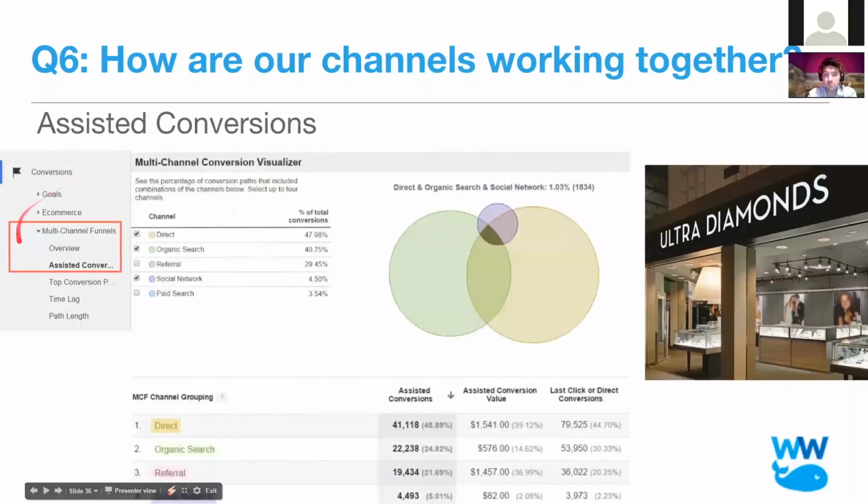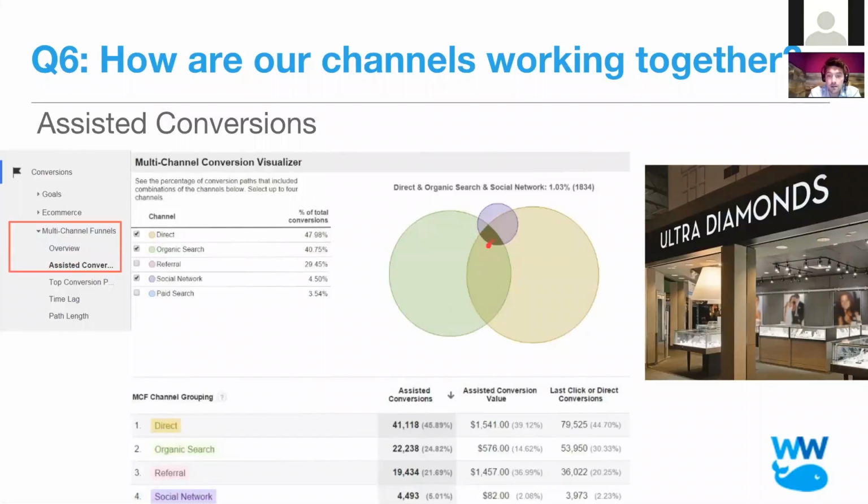And so when I look at assisted conversions, you go to conversions, multi-channel funnels, and assisted conversions to see how these different channels and this different type of inbound source of traffic work together. So in this case, I'm showing you, and I checked off direct, organic search, and social network traffic to show you how they all interact and overlap in order to drive toward a final goal conversion, let's say a marriage. And some, it's all by themselves, but a lot, they are in that process.